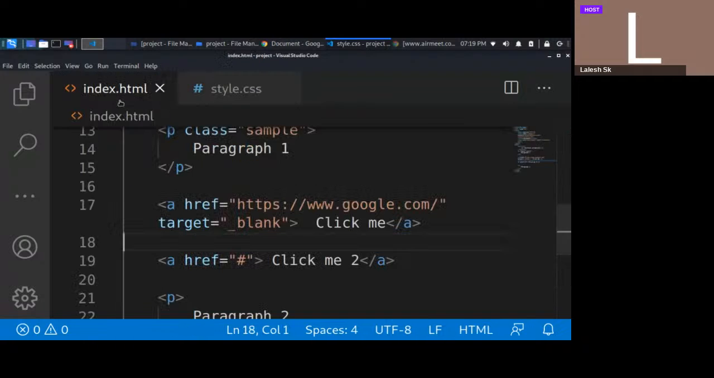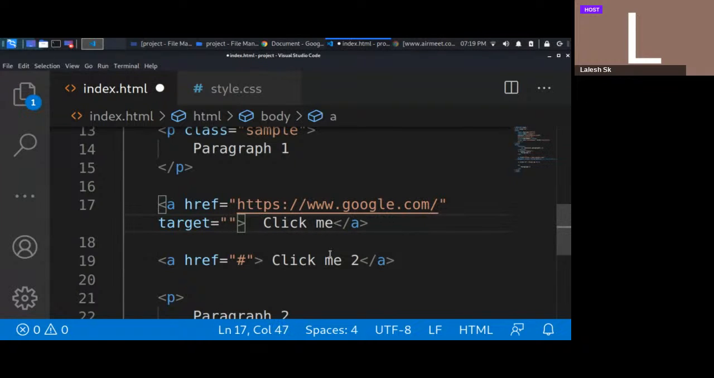Okay. So now we used target equals to underscore blank. All right. Now I would like to use another attribute instead of it. For example, something like